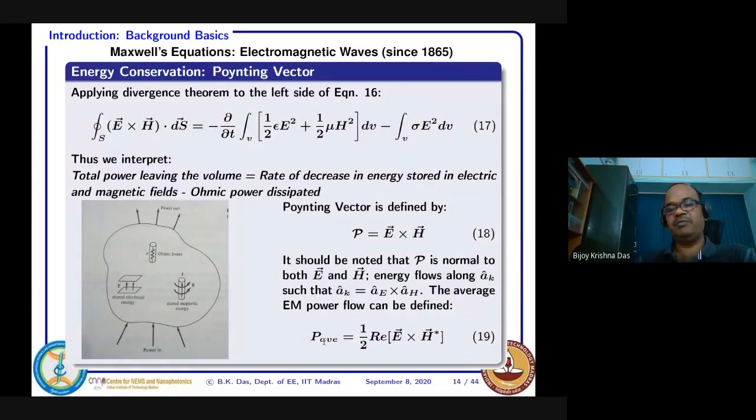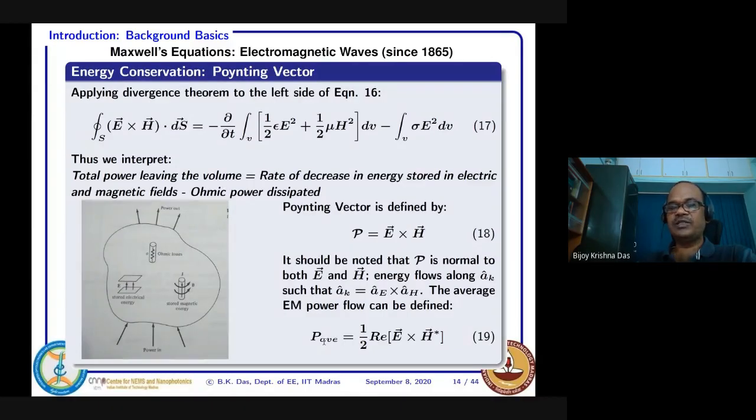Mathematically, I think many steps I have just removed because this is the basic thing. I suppose that in your undergraduate courses you have learned all this. Even in a first level physics course, these things are normally taught most of the time. Sometimes it may be skipped, but this is a very fundamental basic thing.